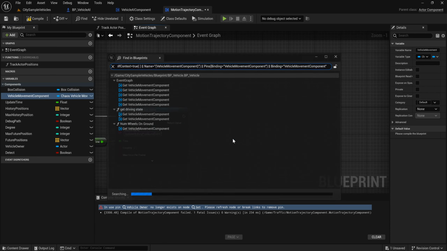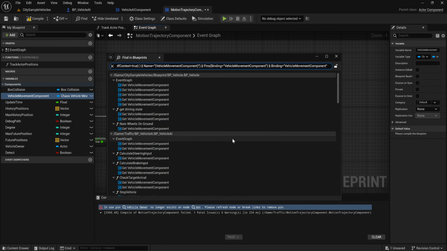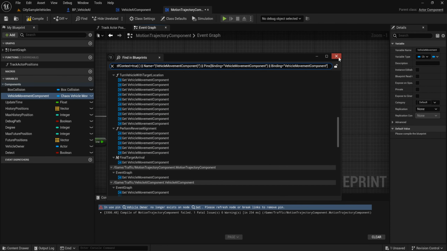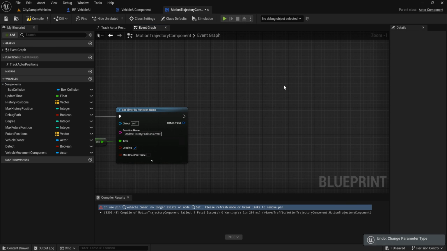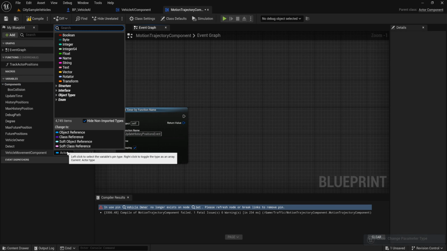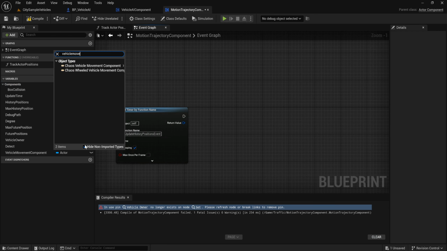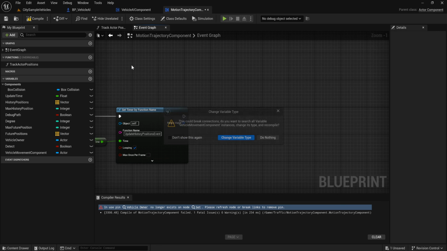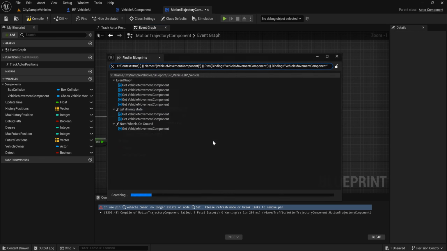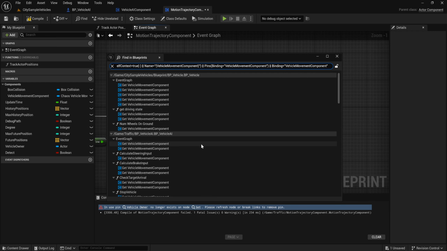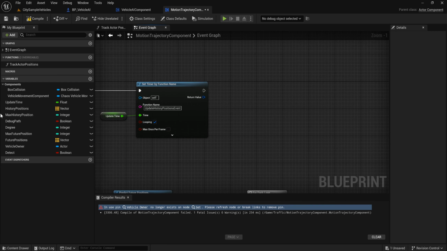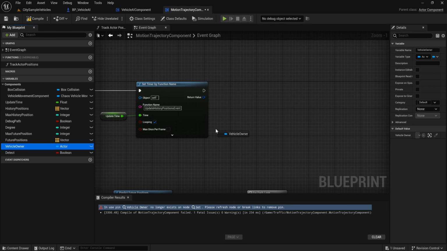Click reference. Vehicle movement component, object reference. Get vehicle owner